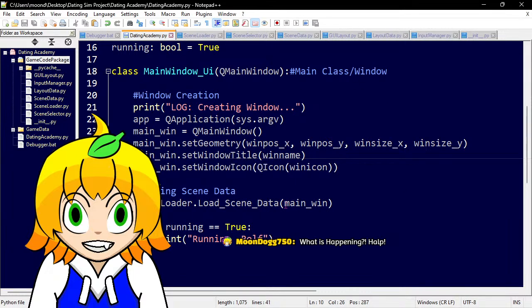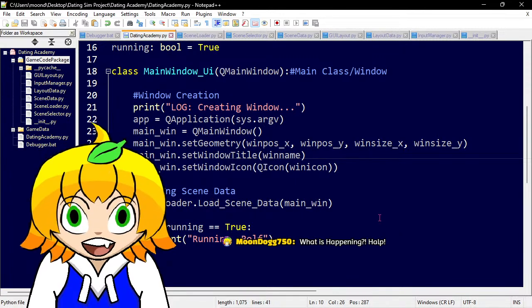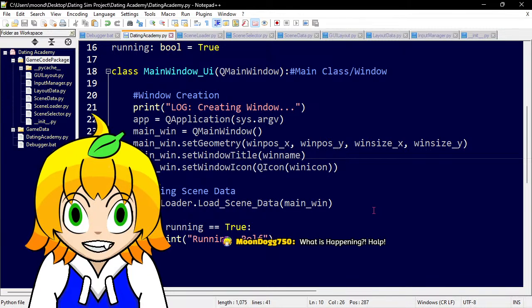This is main window, QMainWindow, where our Qt information goes back to for our graphical user interface.